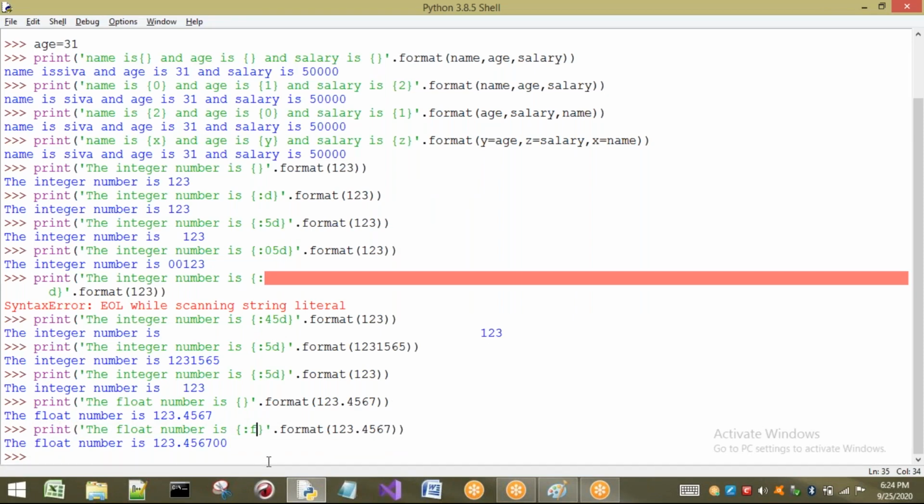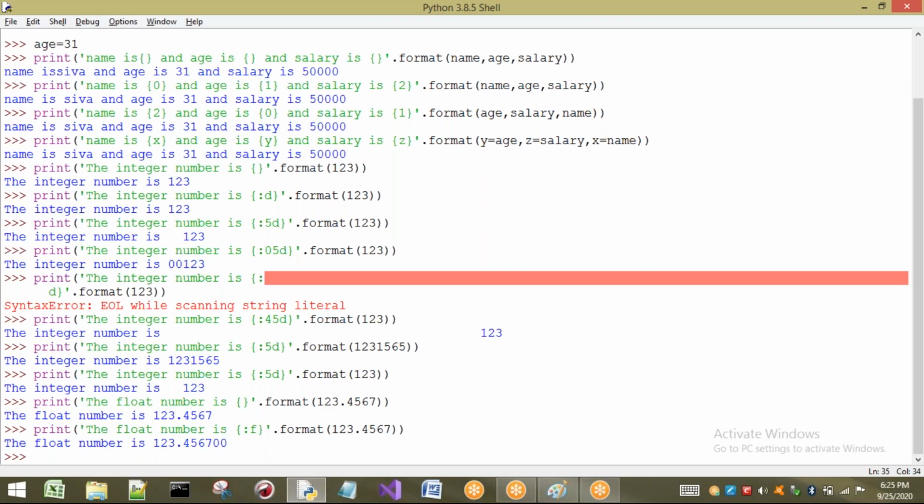That means only here I have given 4. Totally it has to print how many by default? 6. But here I have not written f. If I write f here, automatically precision should be what? 6 digits. So here it has given only 4. The reason is I have not written f. If I write f, compulsorily after the decimal point we should have 6 digits.